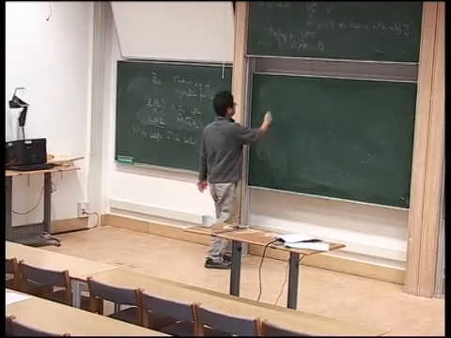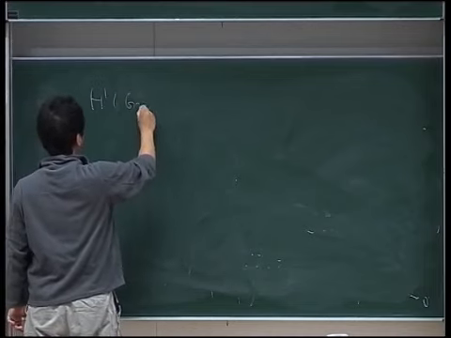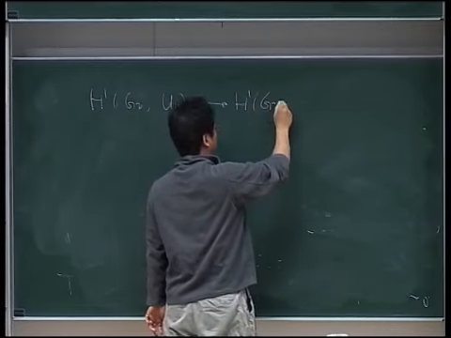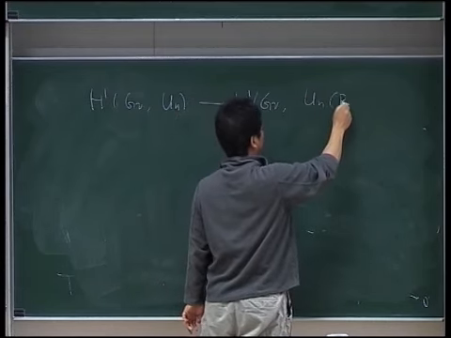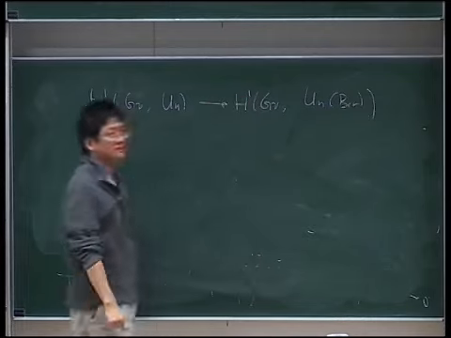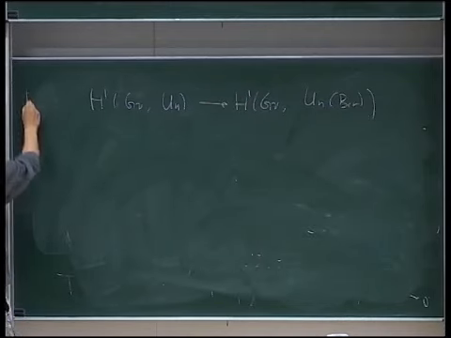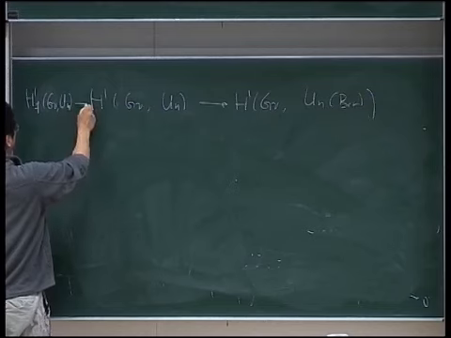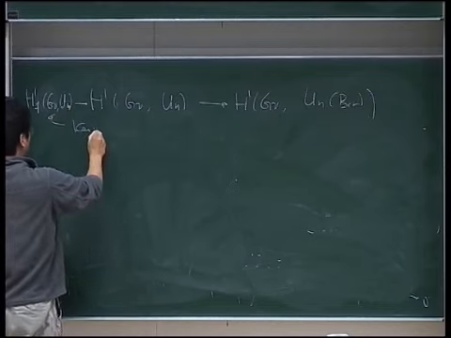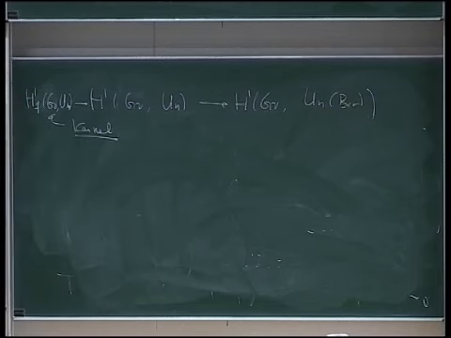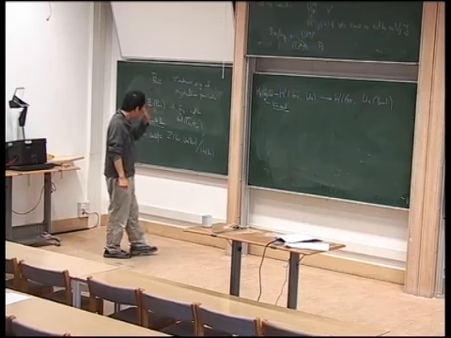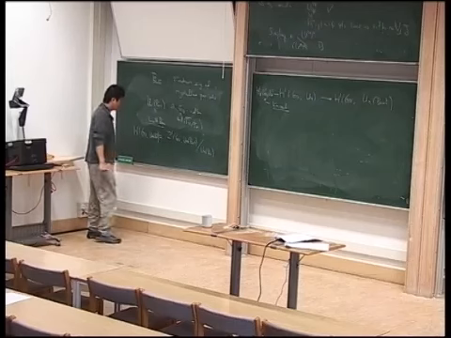And we have this map from H1 of G_V with coefficients in U_n(Q_p) to H1 of G_V with coefficients in U_n(B crys), simply because Q_p maps to B crys. And H1 sub f is the kernel of that map. So in other words, these are classes represented by cocycles that trivialize in U_n(B crys). Now that's a slightly mysterious looking condition, and it can be phrased in many other ways.